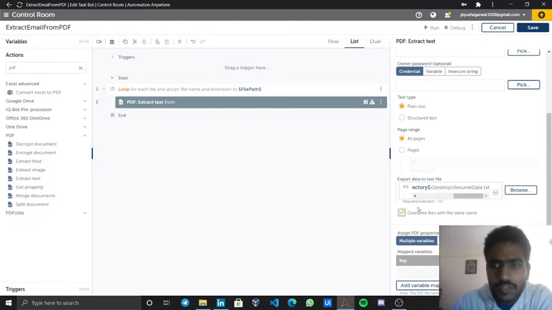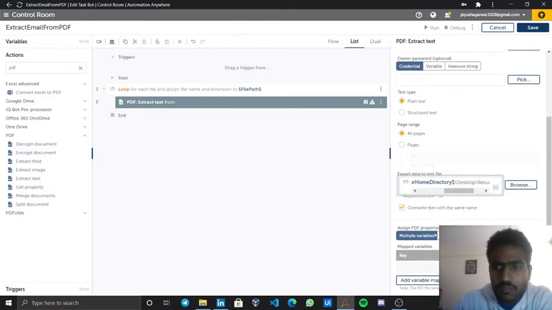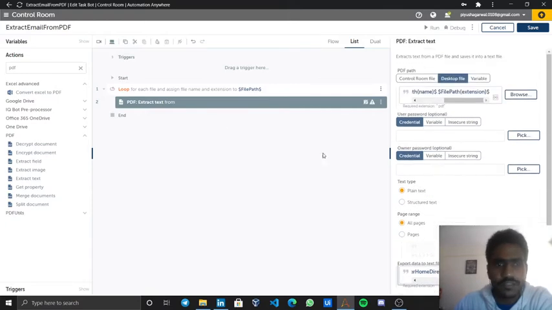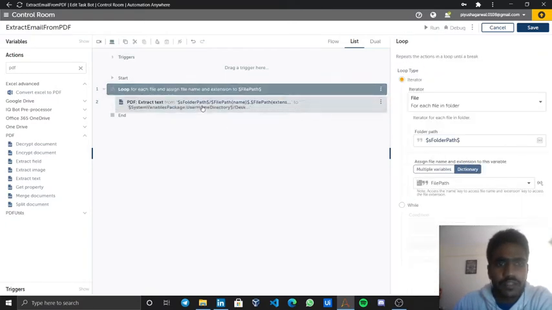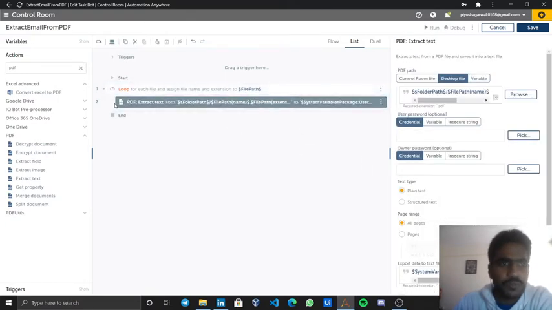Again, remember this requires a .txt extension, and this system variable, the user home directory, redirects to my user directory, that is slash c slash users slash my username. Moving down, we can assign some values to PDF properties in a dictionary variable, but we don't need that. Again, just click somewhere and it will save the properties.